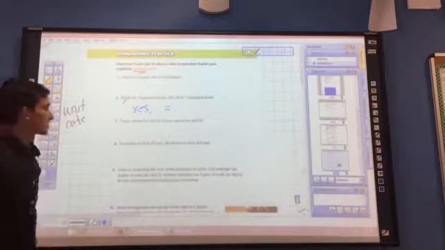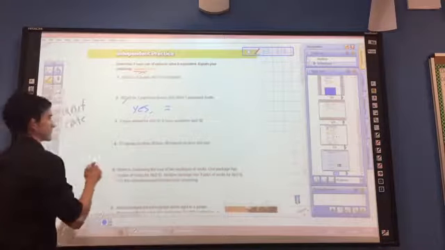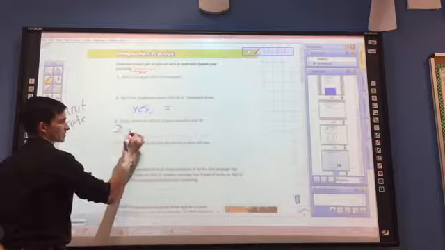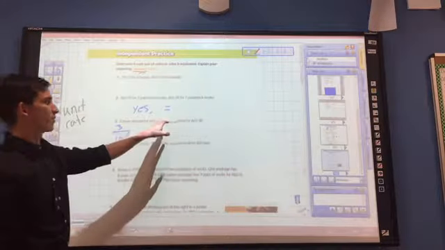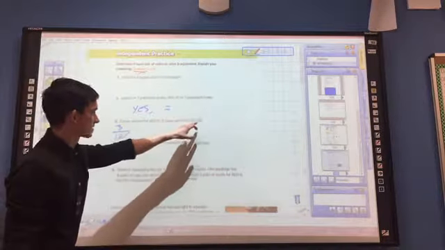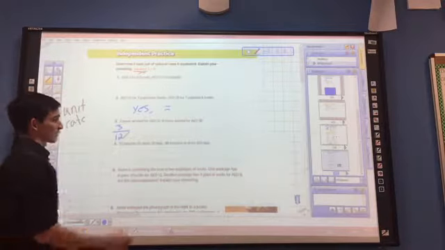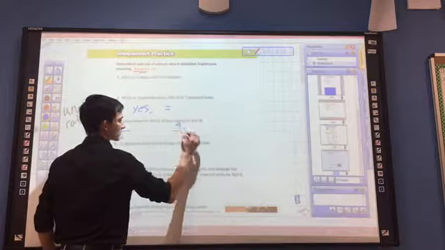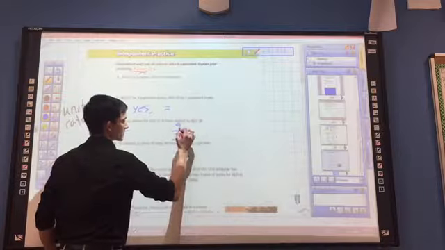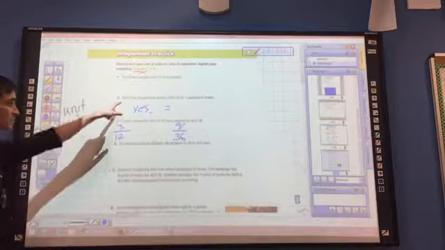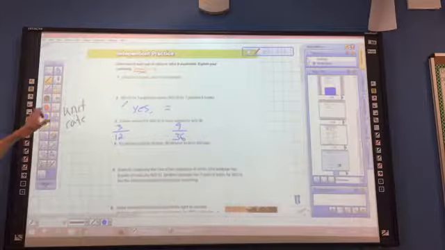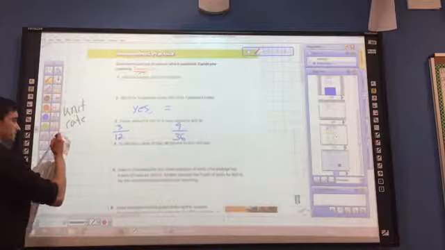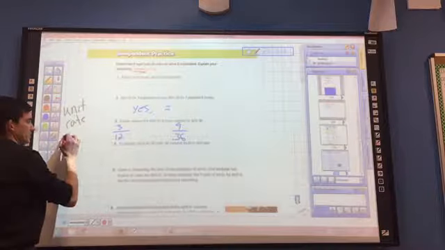Okay, 3 hours worked for 12 dirhams. 3 hours, 12 dirhams. This one, they made 36 dirhams, but they worked 9 hours. Okay, so 9 hours, 36 dirhams. So this one, I did a unit rate on. This one, I'm going to actually compare. I'll write this out. I'm going to compare